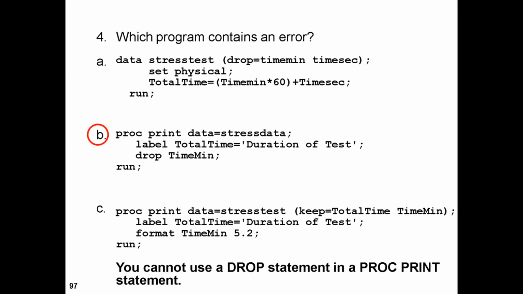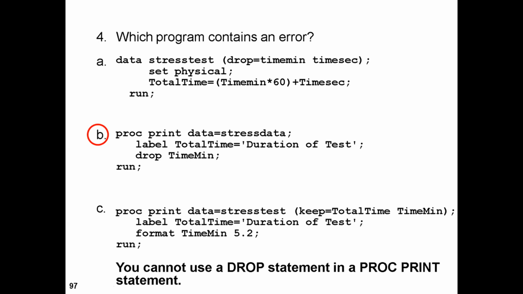But again here it's telling you that you cannot use a DROP statement in a PROC PRINT step. Of course, here also a DROP statement. Even with C, the KEEP is there, and both are there. They have not selected it, but it's telling you it's not a statement, it's KEEP= a data set option. It's a data set option, but the DROP statement in PROC PRINT should be VAR there, right? Correct?